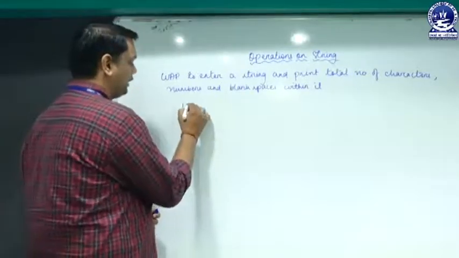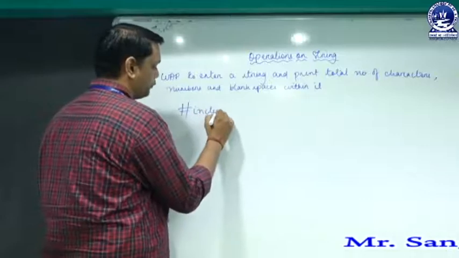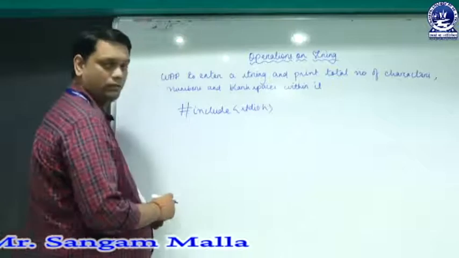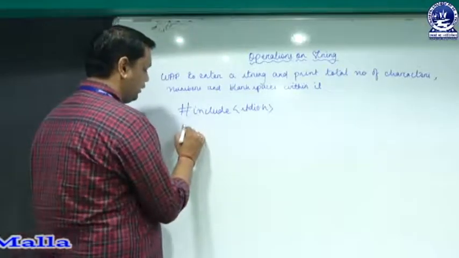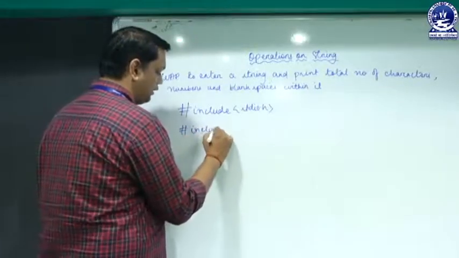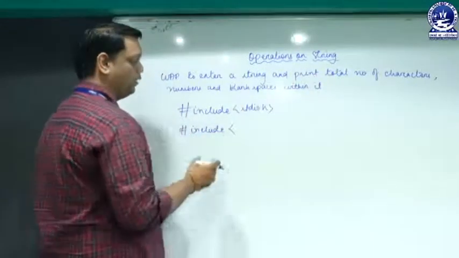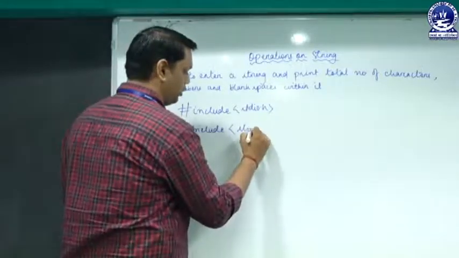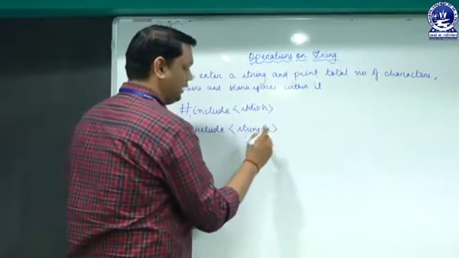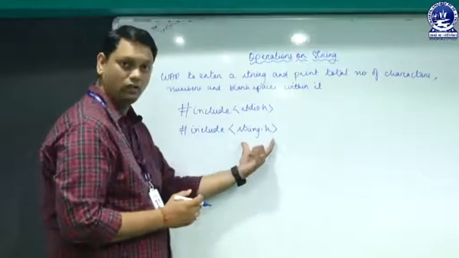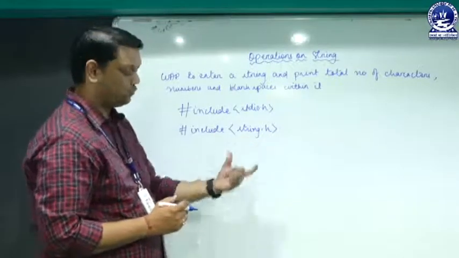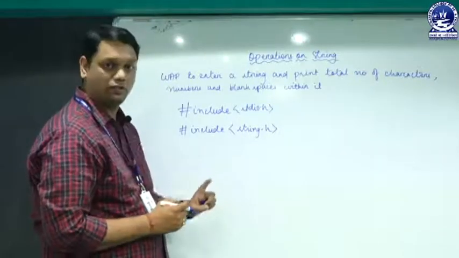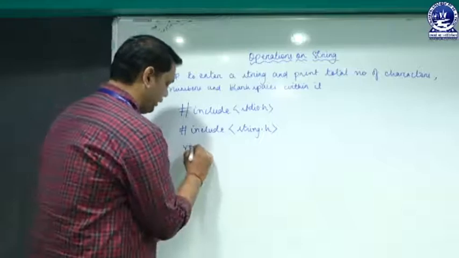So our program starts with #include <stdio.h>, which is the general syntax of writing the program. Then comes string. As we are including the string concept, we have to call the string header file, otherwise we will not be able to access any of the functions under the string.h header file. So in order to access them within the program, we need to call the extra header file, that is string.h. Now void main.